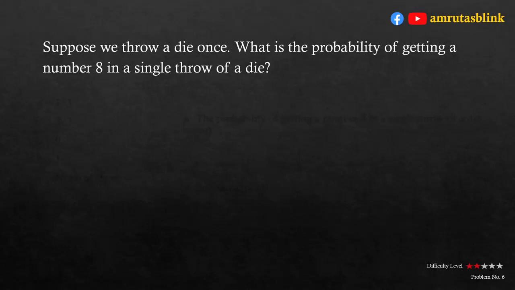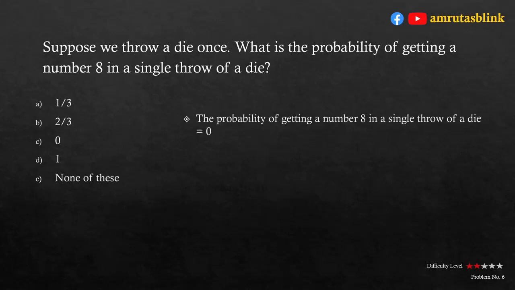Let's move to the next problem. Suppose we throw a die once. What is the probability of getting a number 8 in a single throw of a die? 1 by 3, 2 by 3, 0, 1 and none of these. Now, when we throw a die, there are 6 possible outcomes. That is, we can either get 1, 2, 3, 4, 5 or 6. But on a die, getting a number 8 is not a possible event, that is, it is an